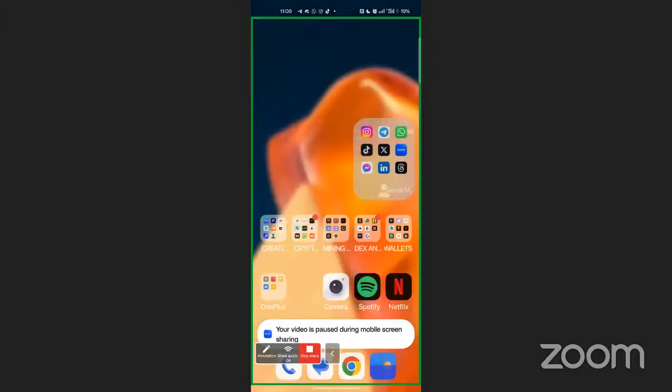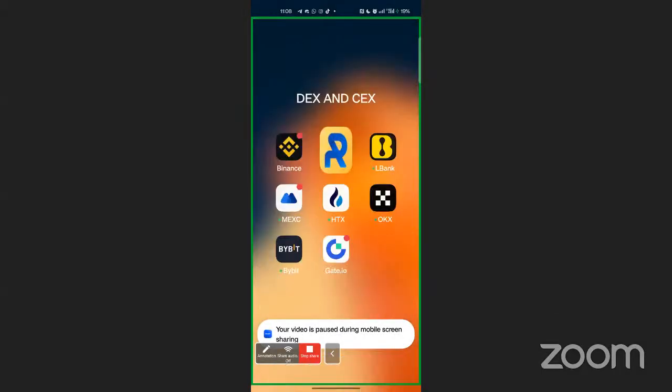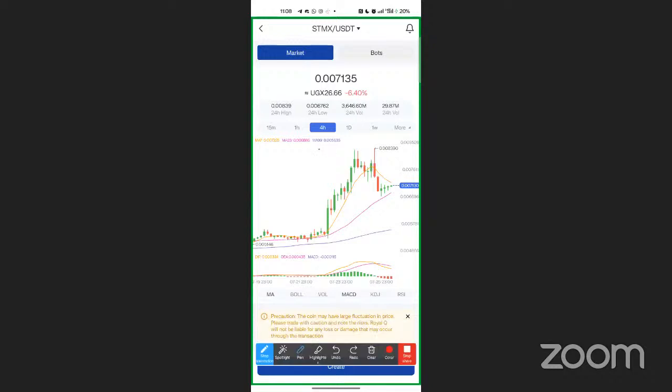I want to go into your questions now. Kindly identify the colors with their respective moving averages. This you can do. The thing is already indicated for you. The colors are here. This one is here, 99. This one is here, 25. This one is here, 7. Simple as that. The colors are clear for you.